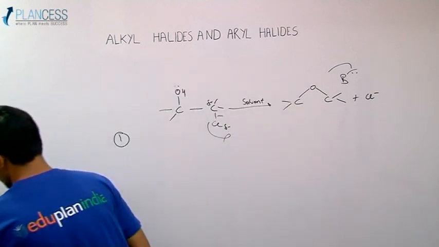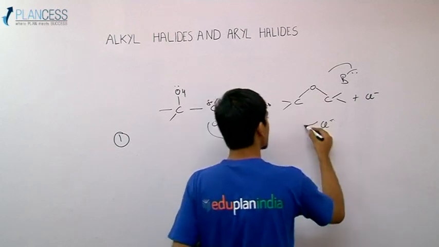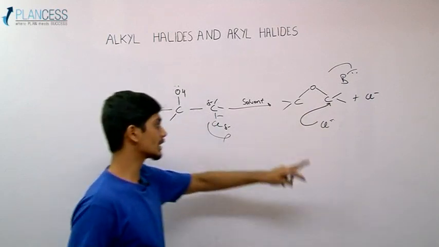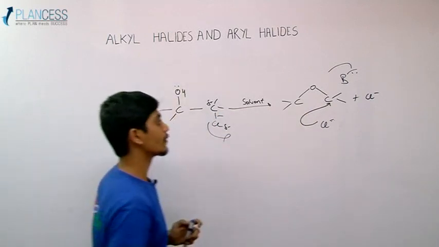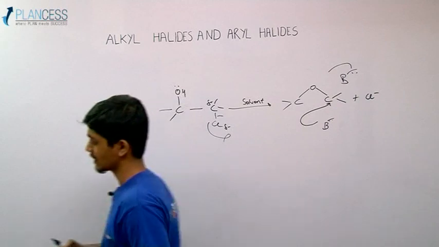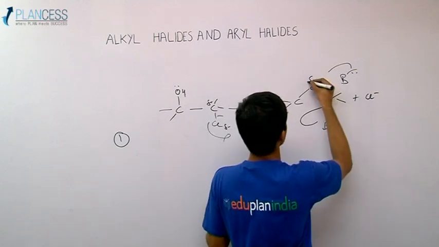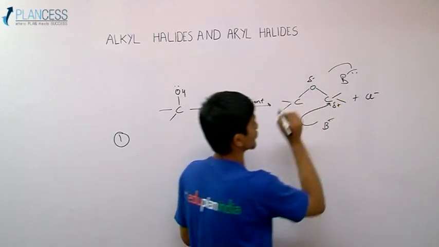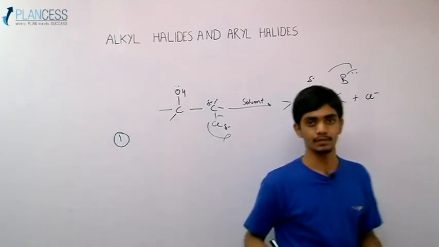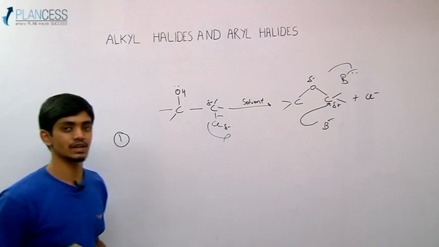Now what happens over here is, we have this Cl minus, it can again attack over here, or we have this B minus. If the Cl minus again attacks over here, we get the same product back. But what if we have B minus? If this B minus attacks at this carbon, why should it attack at that carbon? Because this is delta negative, this is delta positive. Now this can also attack on this carbon, but then what we are trying to achieve will not be achieved, because we are trying to show that there is an SN2 reaction taking place, but without any inversion of configuration